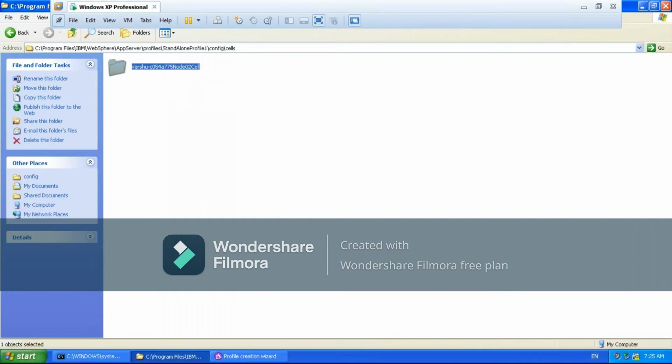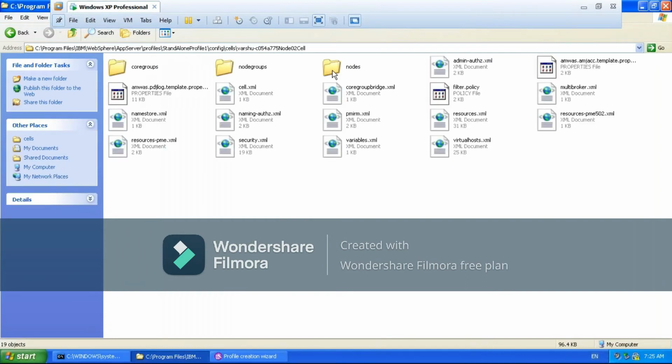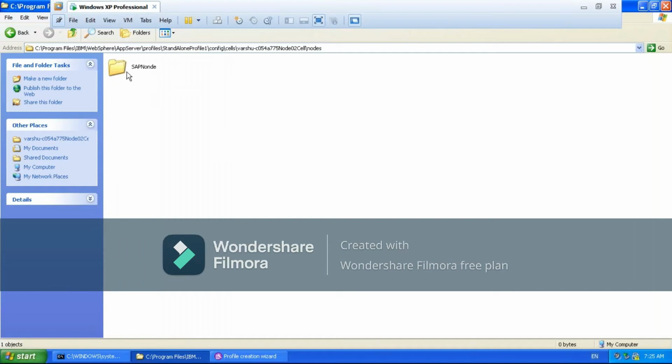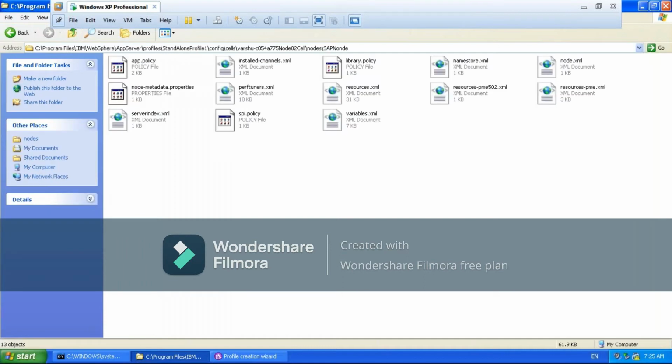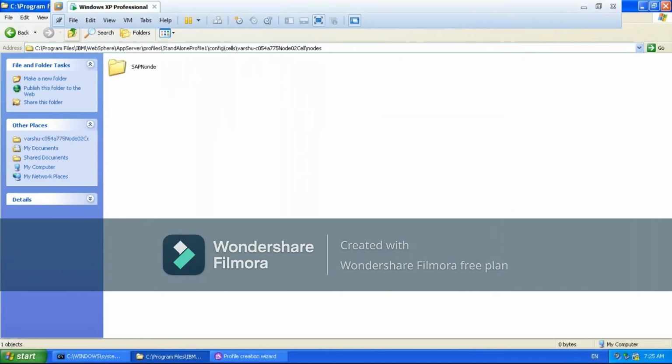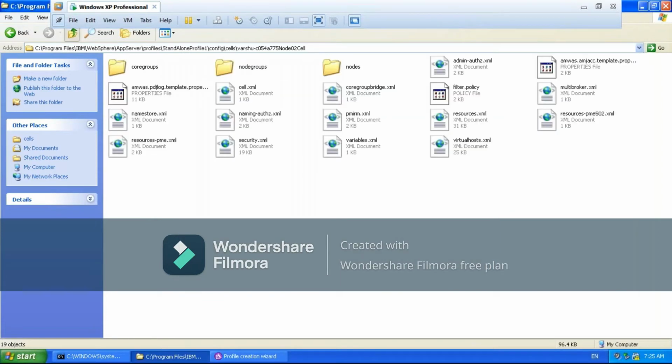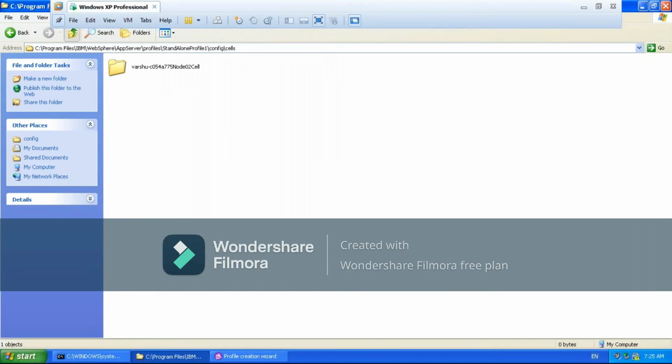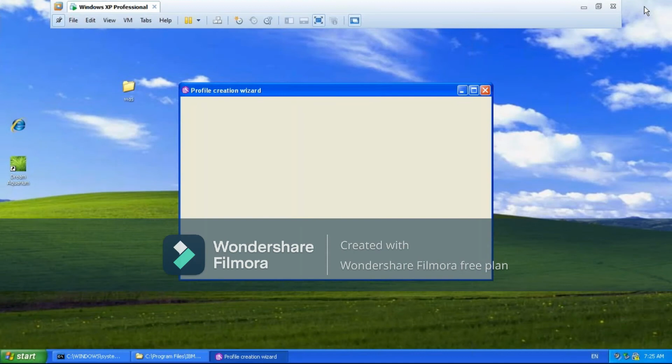This is the cell name, inside that cell level configuration files, node name, node level configuration files, still not created. It will take time. But it is going to be created the same as default only. Once this creation is done, I will give the clarity so that you will be very clear how those two look the same, what the difference is, and how the WAS setup is going to be as a standalone.